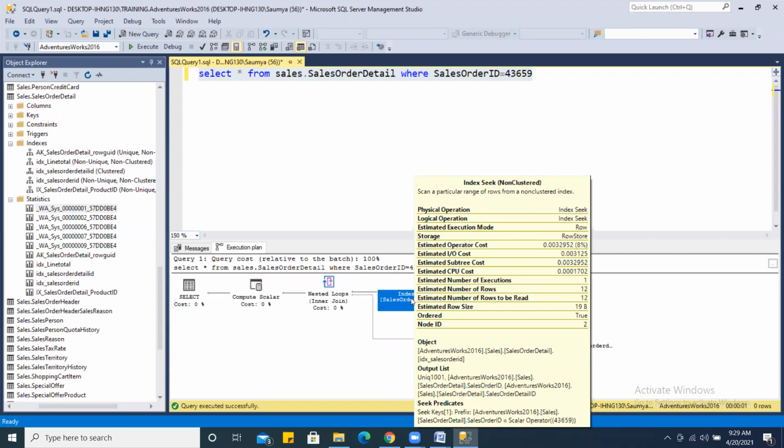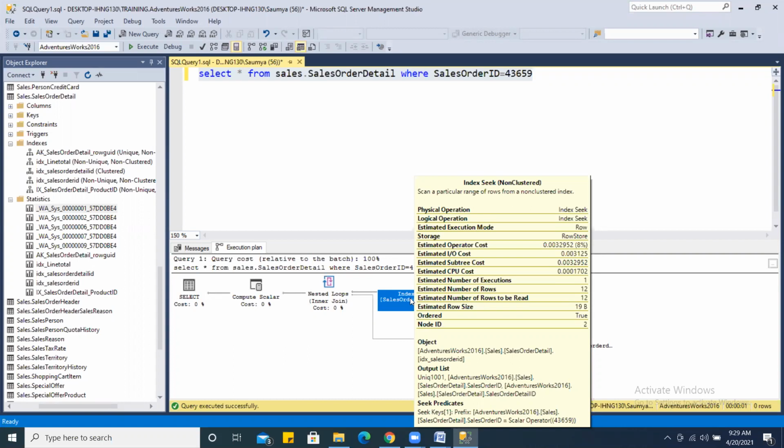So this is what I wanted to show you. Without executing the query, estimation has been done, the estimated number of rows to be read, right? And this estimation of rows to be read was done by your cardinality estimator, which is part of your query optimizer.